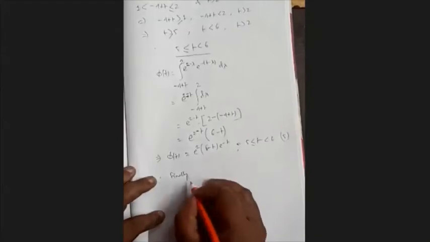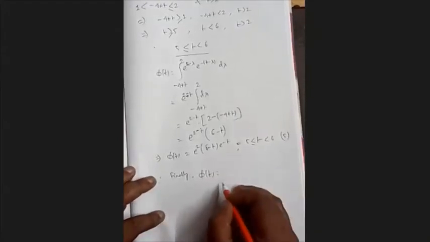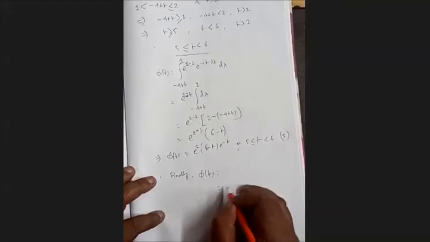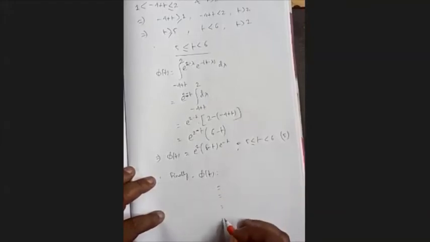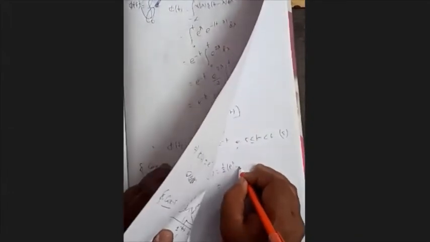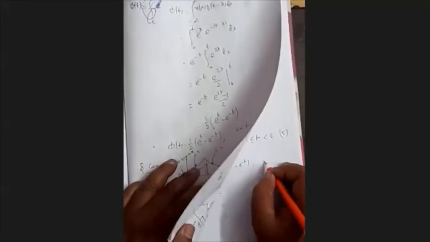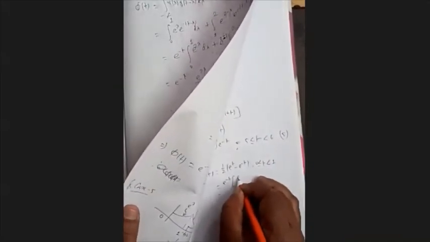So now finally you can jot down all the results from relation 1, relation 2, relation 3, relation 4, relation 5. Okay, we can summarize all the things here. Case 1 is half of e to the power t minus e to the power minus t when t is in between 0 and 1. Next, case 2 is e to the power minus t e square minus 1 by 2 plus e square t minus 1, when t is in between 1 and 2.